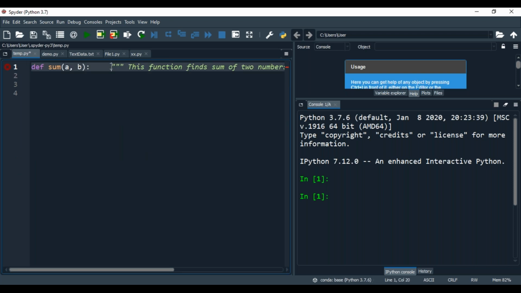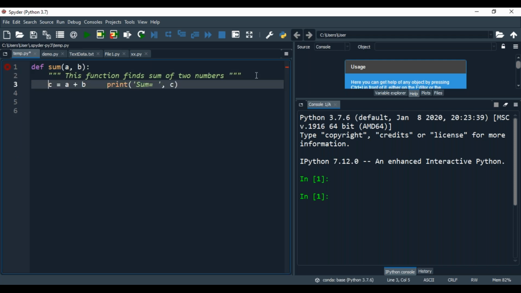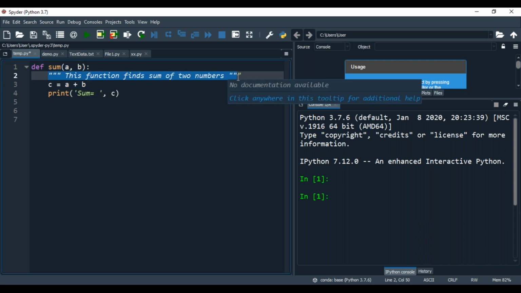This is just text. So define sum a comma b colon, c is equal to a plus b, print sum comma c. Either you can write print message, or you can write return message, right?